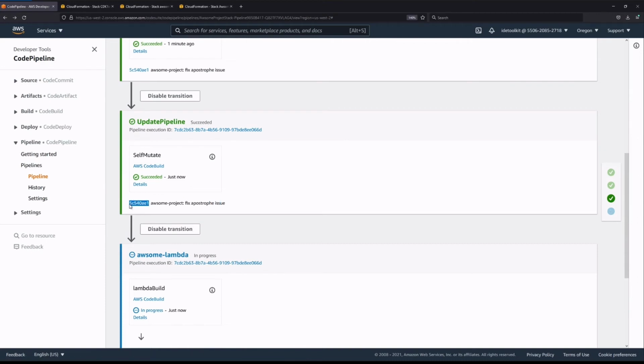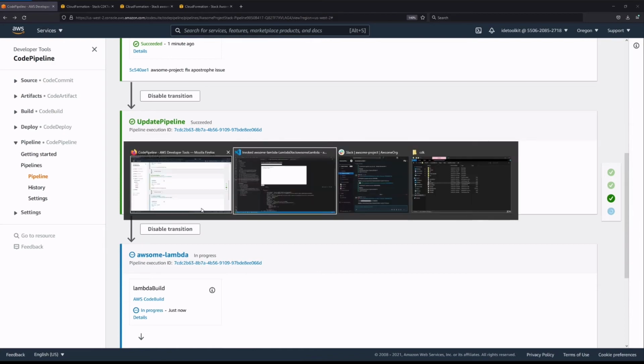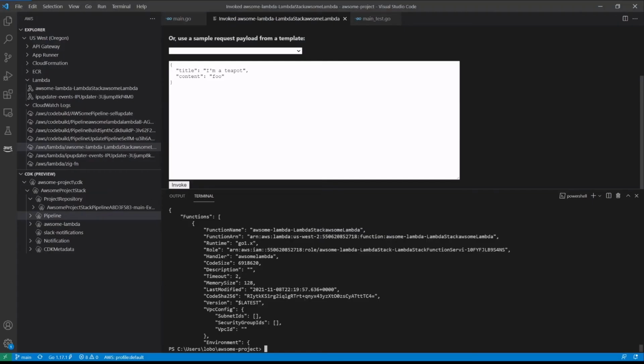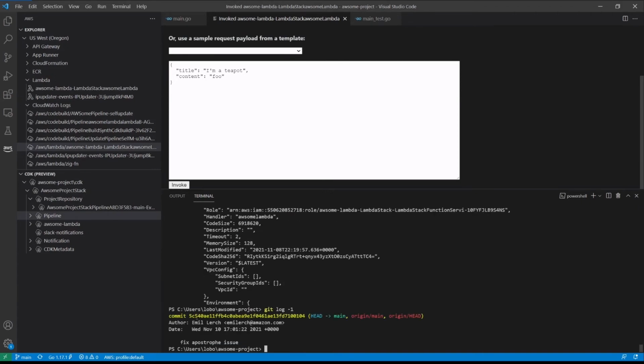So let's take a look and verify that if we do git log -1, we'll see 5C540AE1. And that matches, that short hash matches. So that's good. We have full traceability throughout the system.